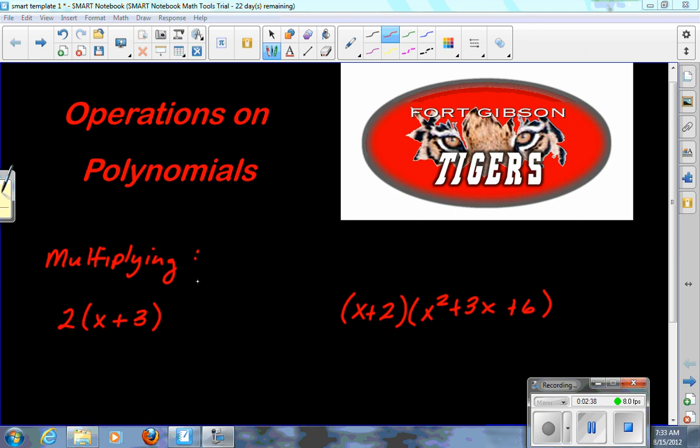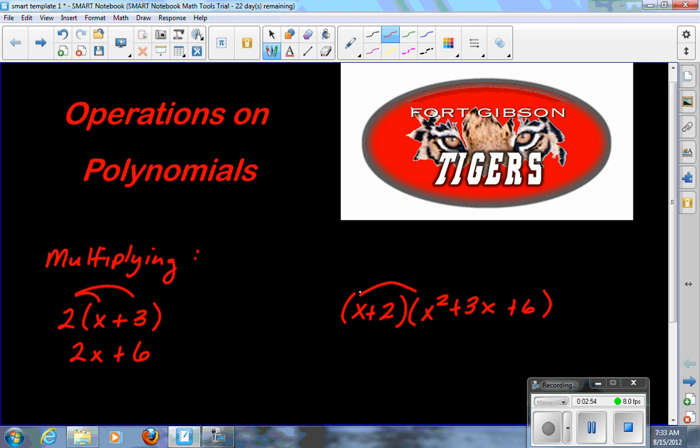And here are two examples when you're multiplying polynomials. Here's a very simple example that you probably already know what to do. You'll distribute property right here. So 2x and positive 6. So that's not so bad. You just apply those same principles over here, except now I'm going to distribute this one